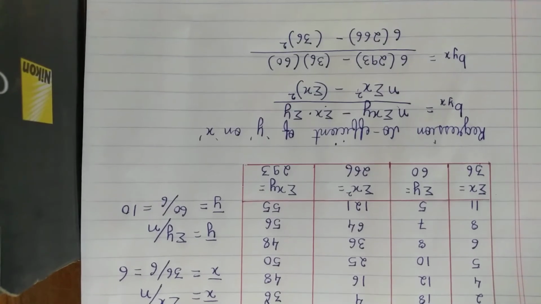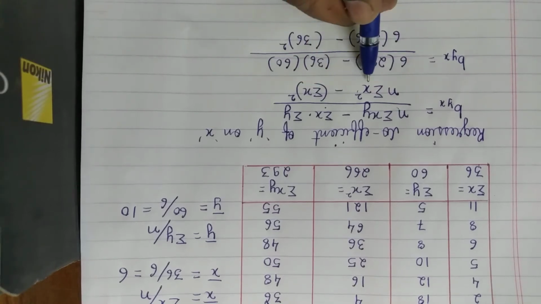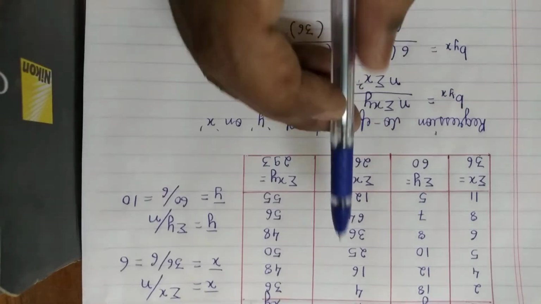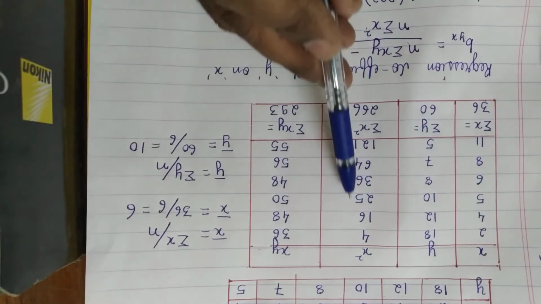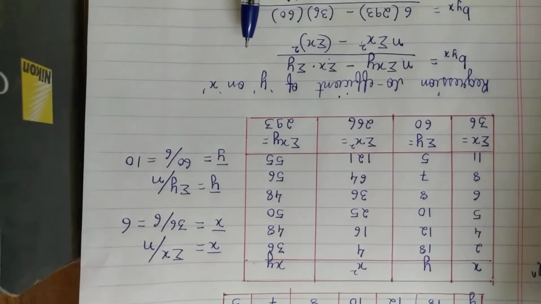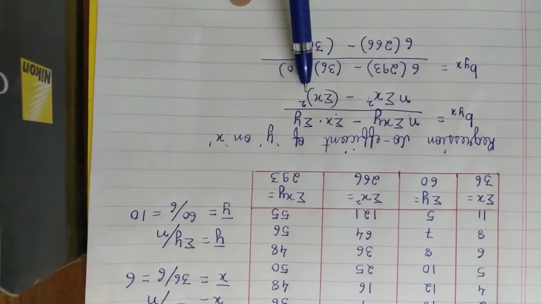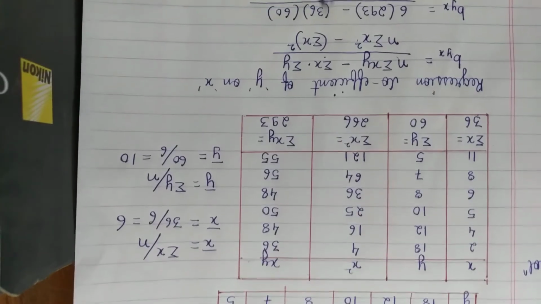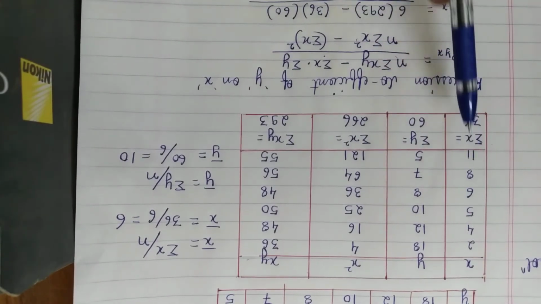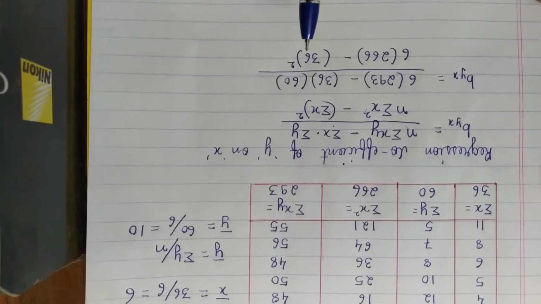For students who have still not understood the difference between summation x square and summation x the whole square, see here, this is summation x square, the summation of all x square values. So here you will get x square values, and the summation of all x square values you will get here, whereas this is summation x the whole square. So first you need summation x, which is the sum of all x values, that is here, and its square you have to find out. So that is 36 square.